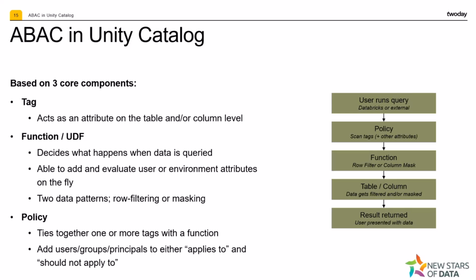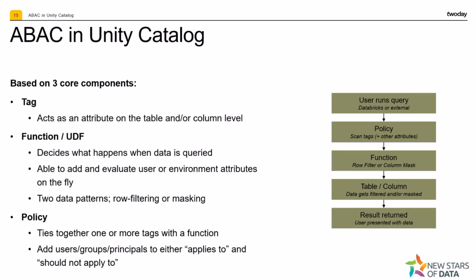Then there's the last part that ties it all together, which is the policy. So a policy is basically an overarching object that ties together your tag or multiple tags with your function. And then it combines that with users, specifically named users or groups and principals that this should apply to, and a similar set of users that this should not apply to. So what happens behind the scenes is that whenever a user runs a query, then the policy gets